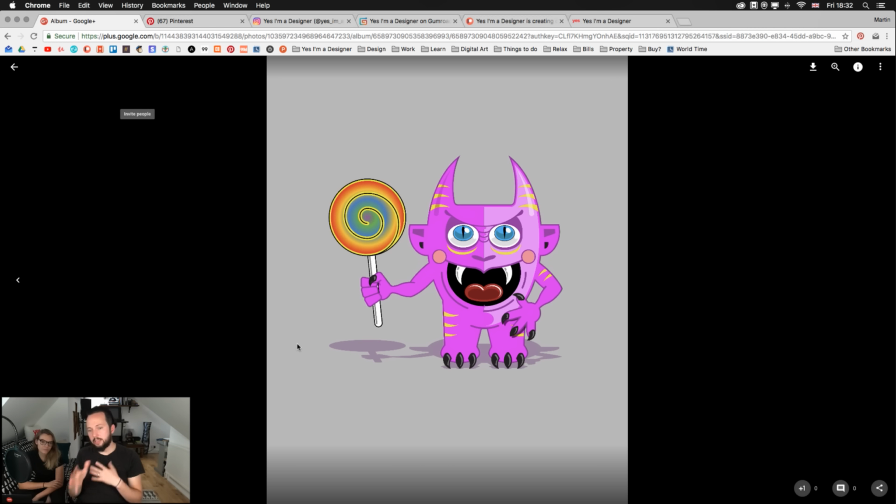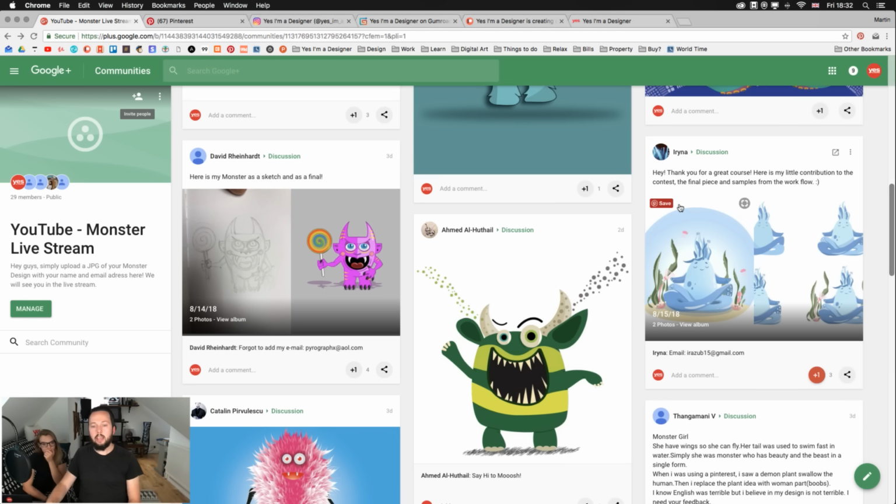But I mean, it doesn't have to be photorealistic. We really like the concept and the style and the execution. My only concern is there is a couple of thin lines that I don't think is necessary, especially around here on the candy. I think it's just that black line is too overpowering, especially because David used these nice subtle purple outlines, and they're soft and blend much better with the object. So I think it would improve a lot if these lines were refined a bit more. But in general, I think it's a very cool design. So well done for David, and we will be sending David the prize.